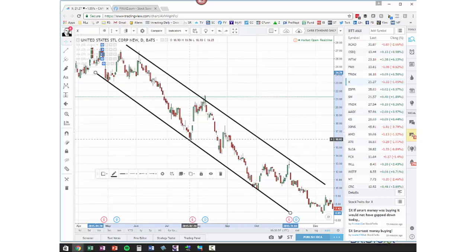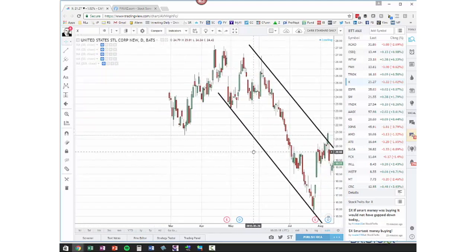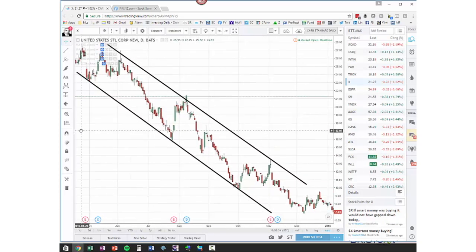These are areas that have precipitated strong relief rallies, what we call relief rally because it's in a downtrend, what others call dead cat bounces and so on. And of course, when the relief rally starts to peter out, that's a very good place to go short. But that's your trend channel. If you were to come across this stock right about here, with that already established as your trend channel, and of course this looks like the continuation of a much larger downtrend, then I would say, yeah, I'm not going to buy this stock. I'm going to short it right here with that 45-degree angle trend channel, and boom,